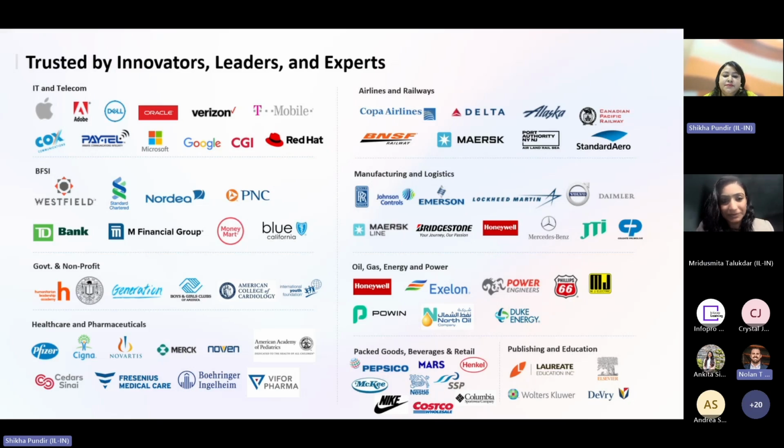But what you should take away is that Infopro Learning has designed their AI practice around what is considered compliant for some of these world's largest organizations that are heavily regulated. You've got airlines and railways, you've got IT, telecom, you've got finance, pharma, healthcare, government, you name it, and we're working in the most compliant industries. In each of them, we've been able to find a way to leverage AI.